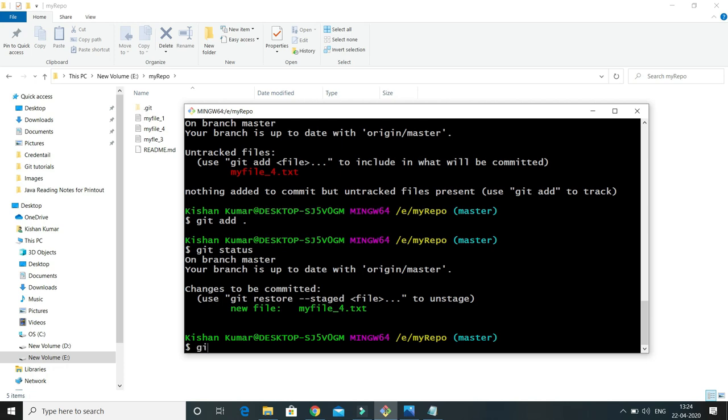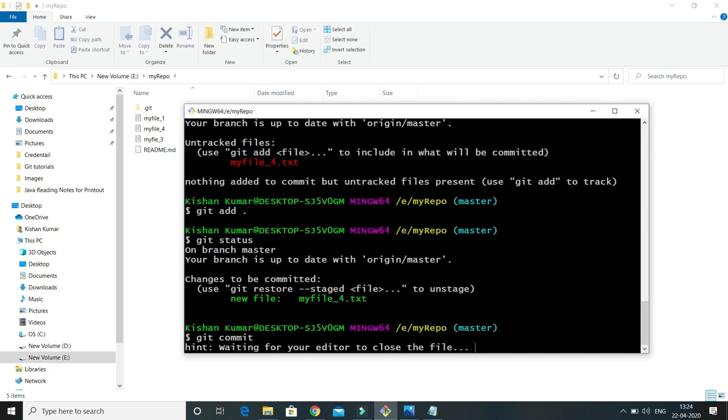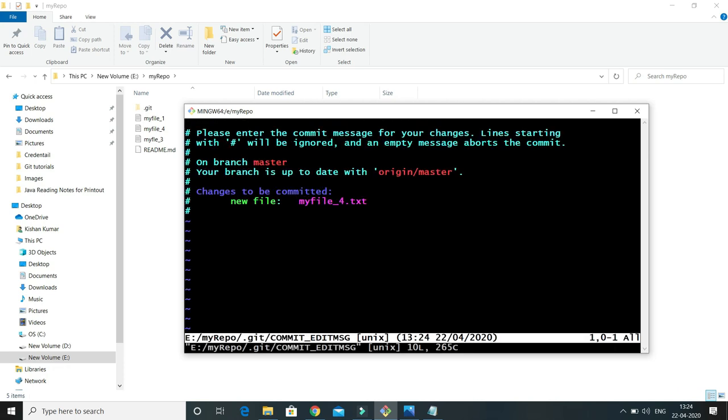So for that, if you use git commit and if you do not specify any message, then git will open a default configured text editor, and there you will have to specify your commit message. So commit message is mandatory, right? Here you will have to press escape, then i to enter into insert mode, and here you can specify your commit message.